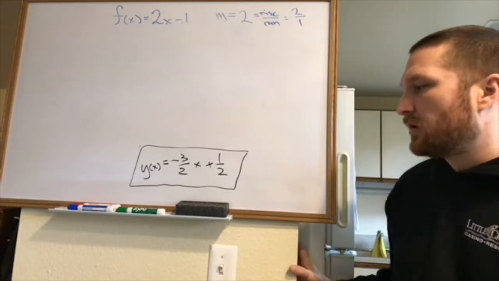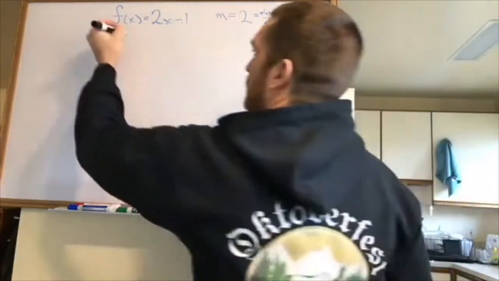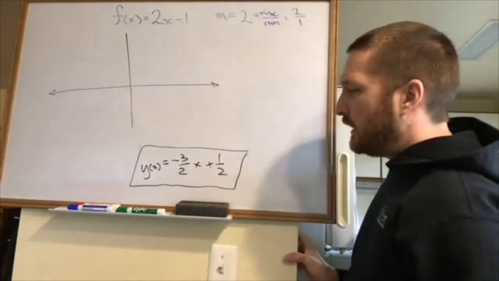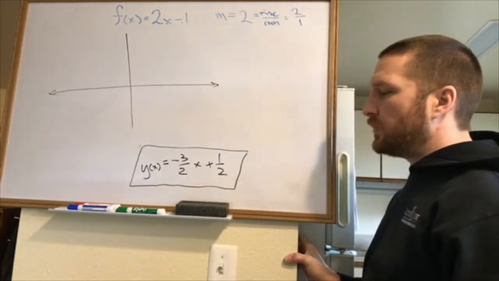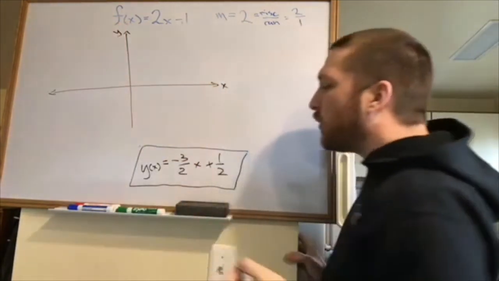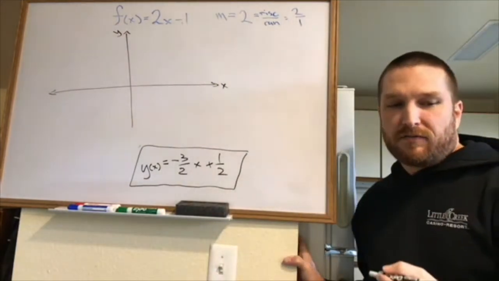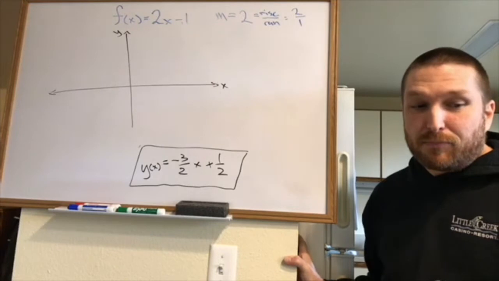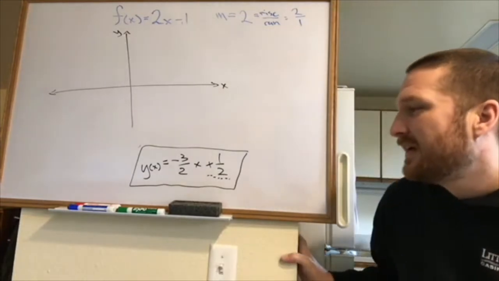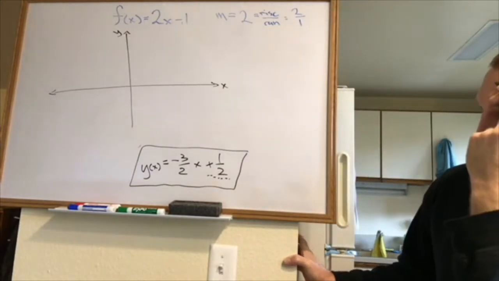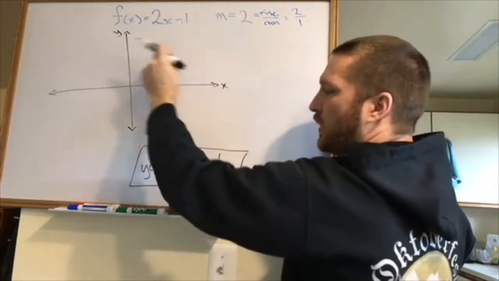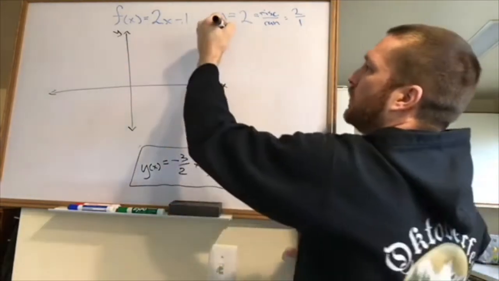Okay, so I'm going to draw this guy real quick. All right, that's pretty easy. Where does it go through? Rather, what's the y-intercept? 1/2. Now, there's a couple ways we could do that. We could just remember from before, like, well, my book says that when it's in this form, this is the y-intercept. But I'd much rather think about it like this. I'm going to say, well, the y-intercept means wherever it crosses the y-axis. And so what that means,